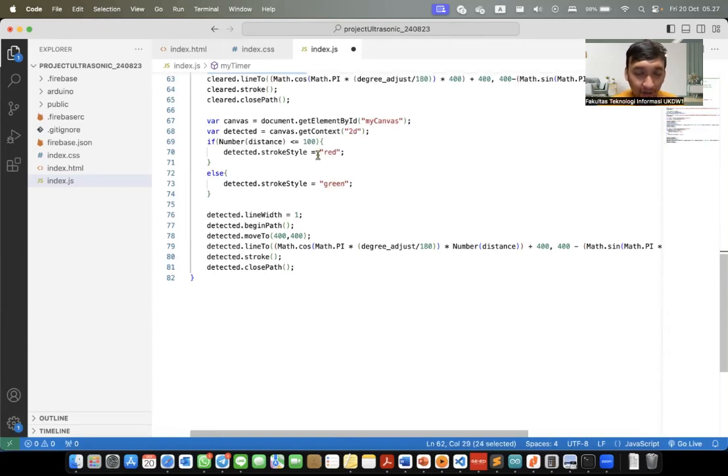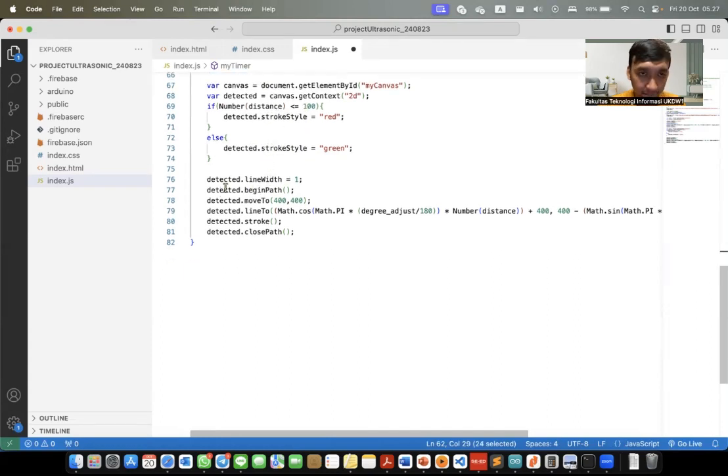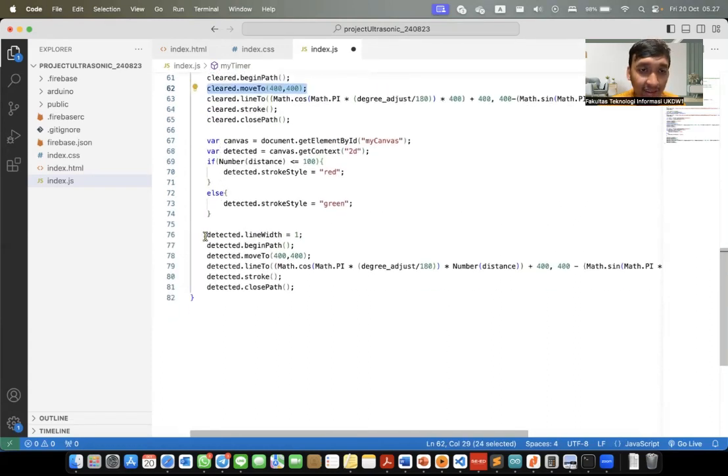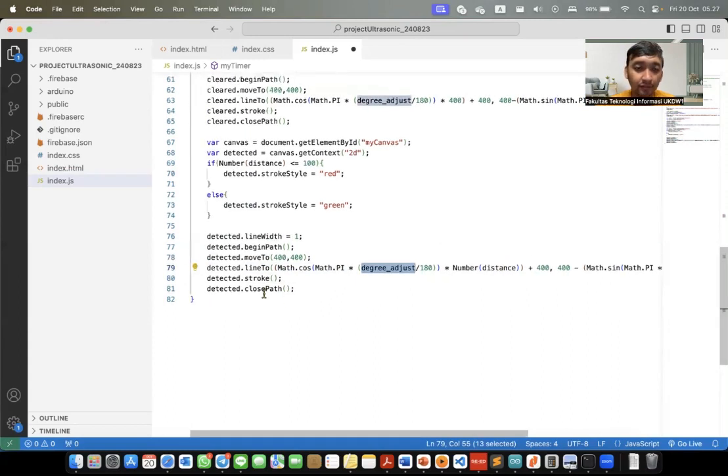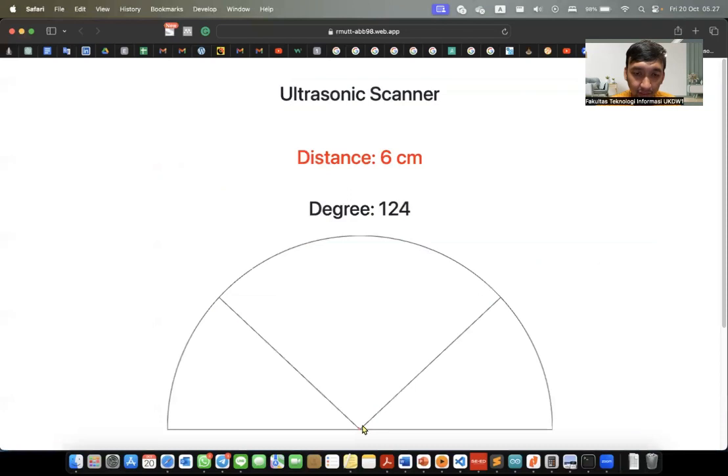After we change the line color properties, we draw the detected line with line width 1, starting at 400.400 in the center, and we make the line here to the specific degree with the distance value from the Anto. After that, we close the path, so the result will make the green line.